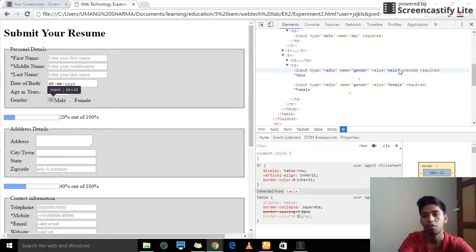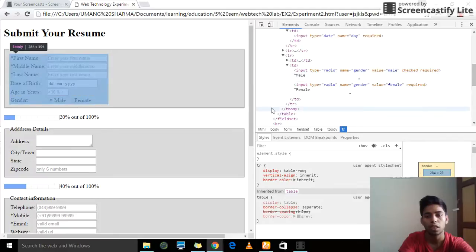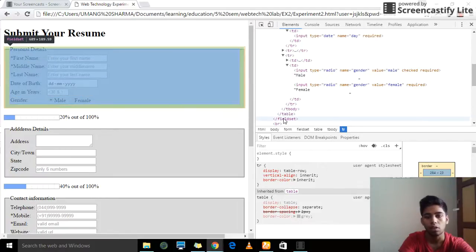I'm giving radio, name gender, value. This name should be the same for making one group. So male is checked by default. That's why I'm using my checked. And after that,